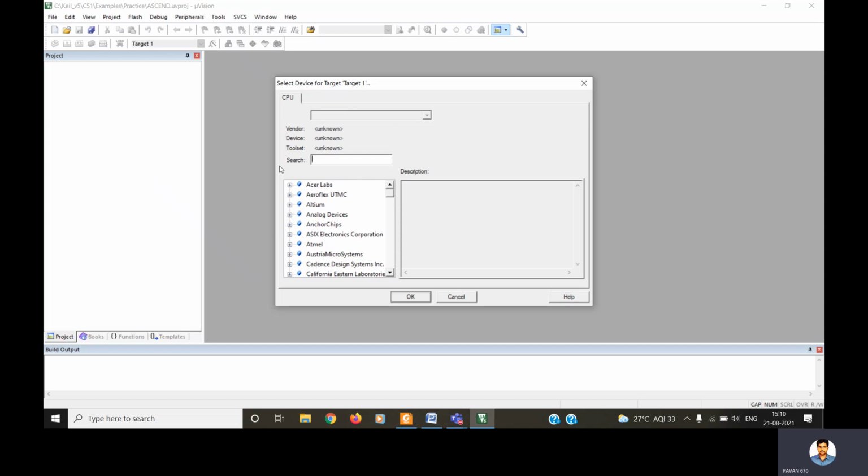That type of perception we will get here, because Keil MicroVision is a simulation tool, an integrated development environment, which contains different types of assemblers, compilers, debuggers.